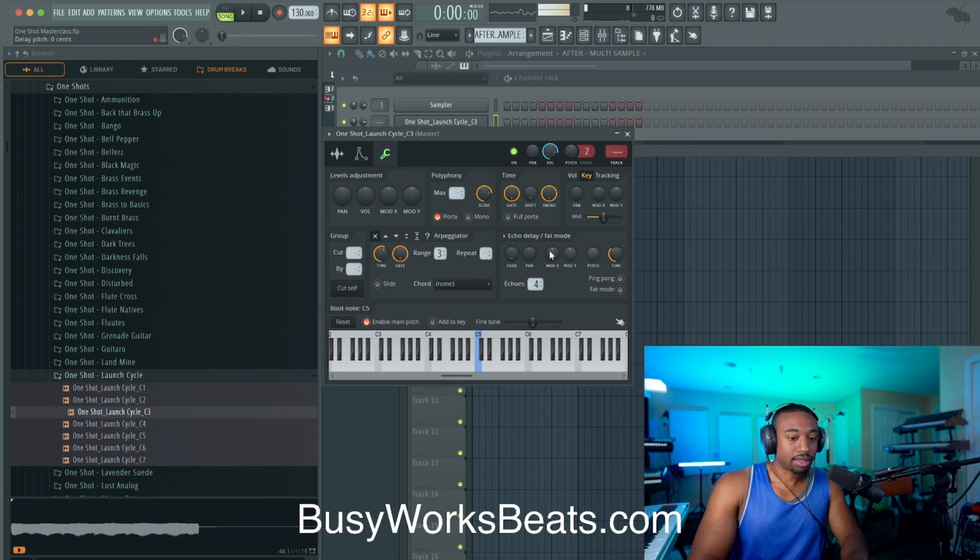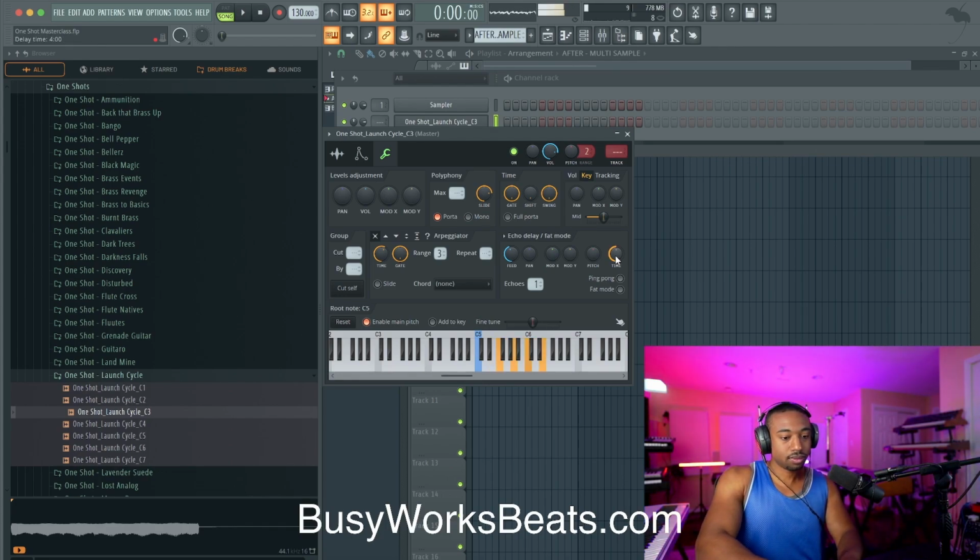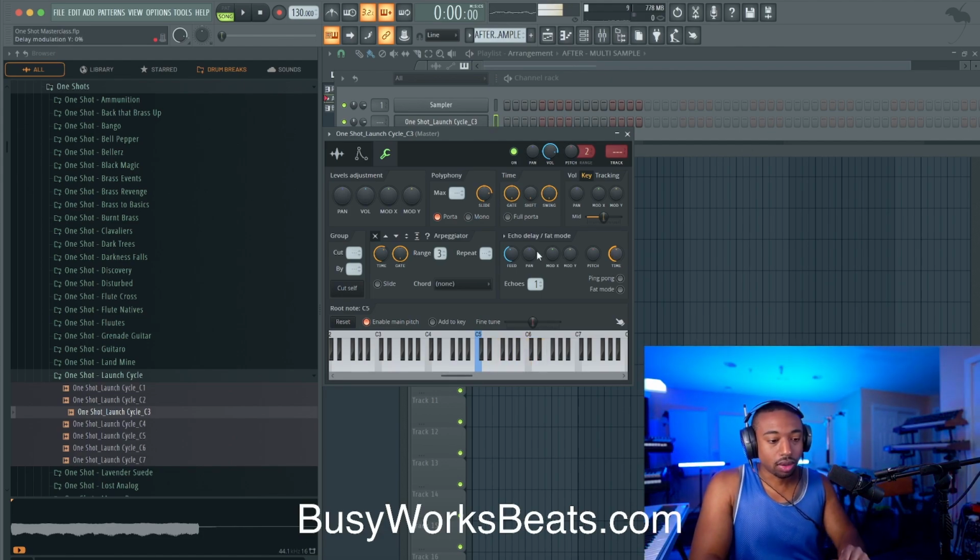You can also add some delay. Let's turn the feedback up for the delay and change the style to ping pong mode. Now for this to work, you have to hold the notes down. If I let go, it won't keep delaying. So not the full control of a true delay, which is you hit a note and it delays. It's kind of like built into the sample. So the moment you let go of that key, it stops delaying.